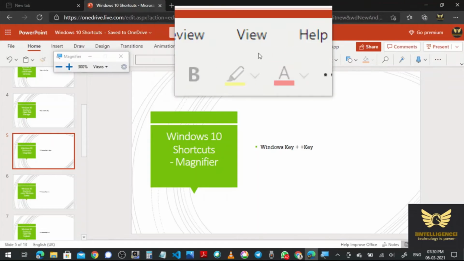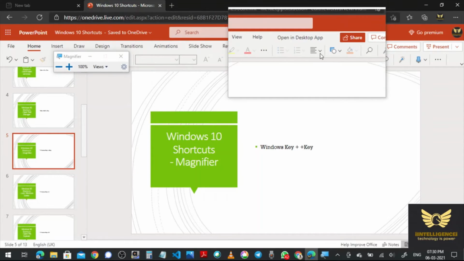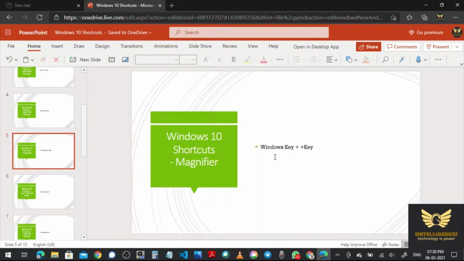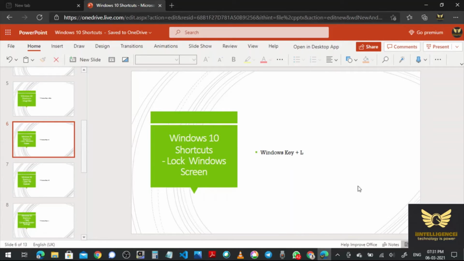Very useful shortcut key. Okay. Now it is 300%, 200%, 100%. Windows key plus Minus key means it will reduce. Plus key means it will keep increasing the magnification percentage.